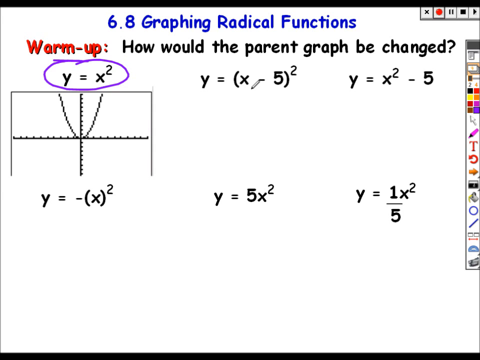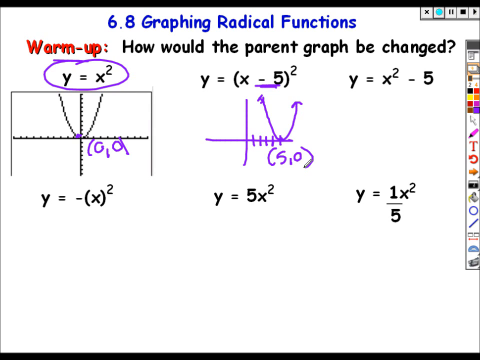The first one, if I am subtracting 5 from x and it's attached to the x, that's actually going to move the graph 5 to the right. You could think, here your vertex was 0, 0. Now if I plug in 5, that's when I'm going to get out 0. So if I'm subtracting 5 and it's attached to the x, it's going to move the graph 5 to the